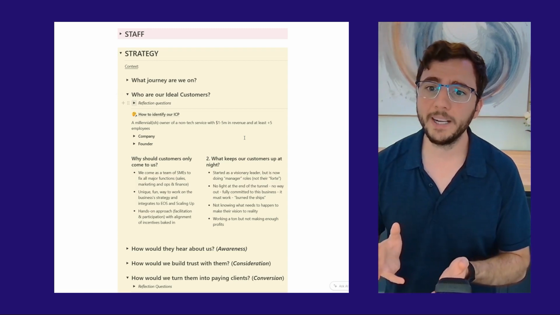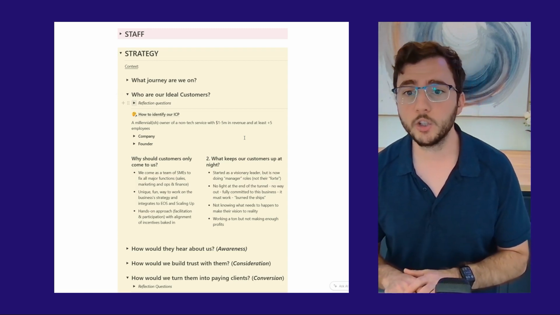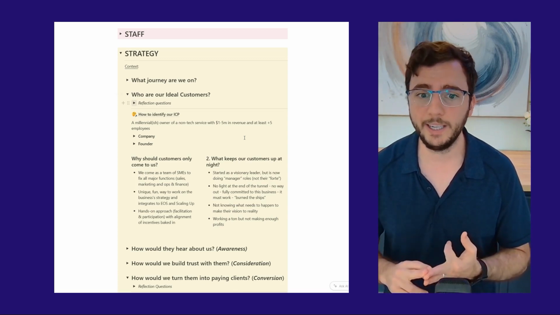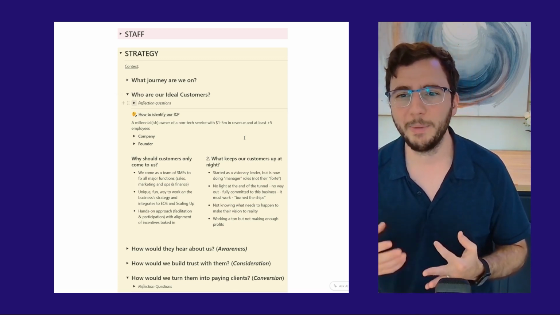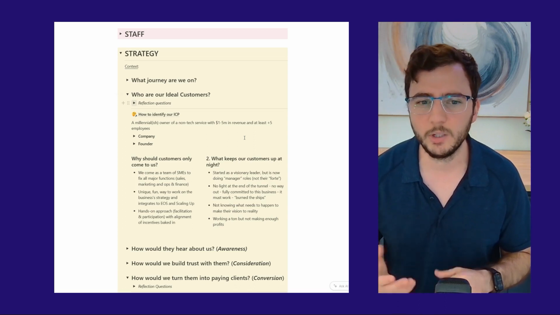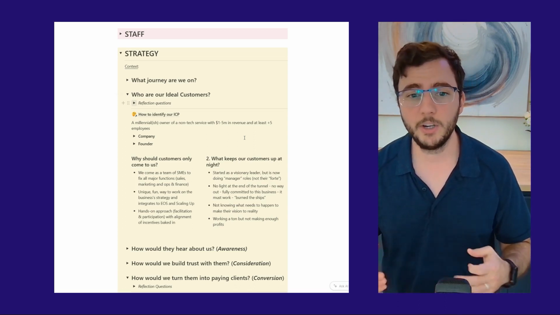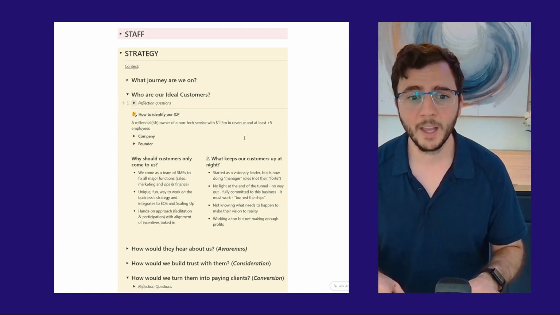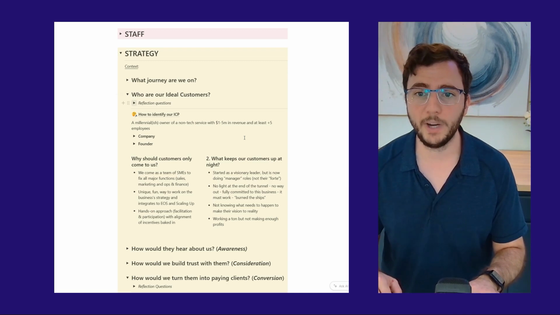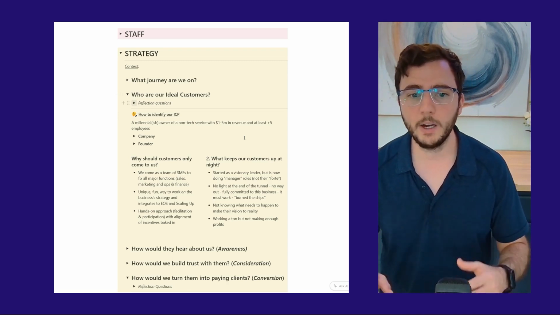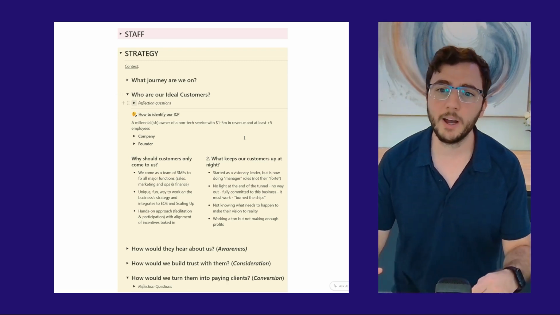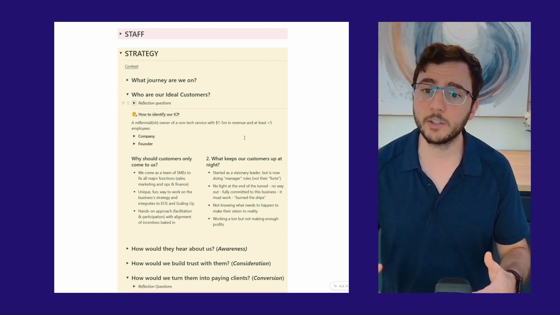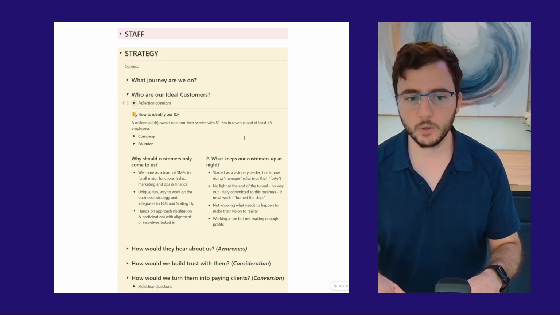So we identified what makes us unique, and what keeps our customers, our ICPs, up at night. In many cases, they started as visionary leaders, but they're becoming much more managers, which they don't really love to do. A lot of times, there's no light at the end of the tunnel. They're fully committed, but they don't really know what needs to happen to make their vision reality. Or we're working a ton and not making enough profit. So this is what we've identified as pain points that keep our customers up, and we're trying to actively solve them with our product and solution.